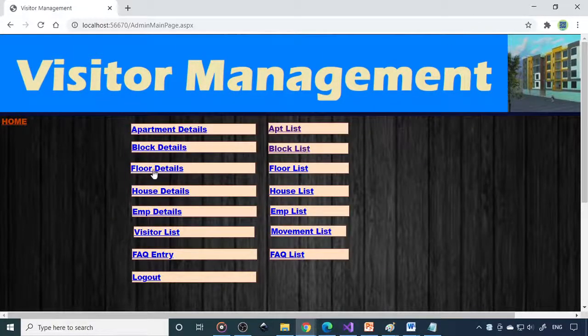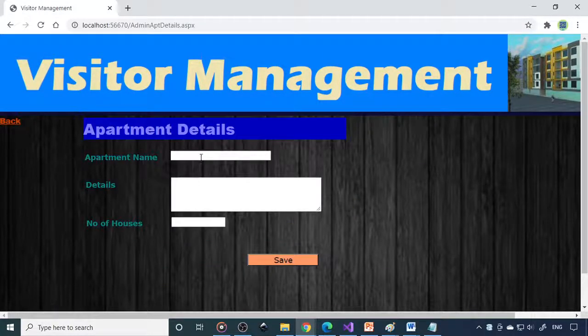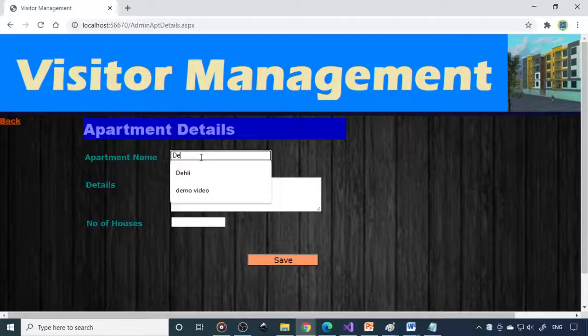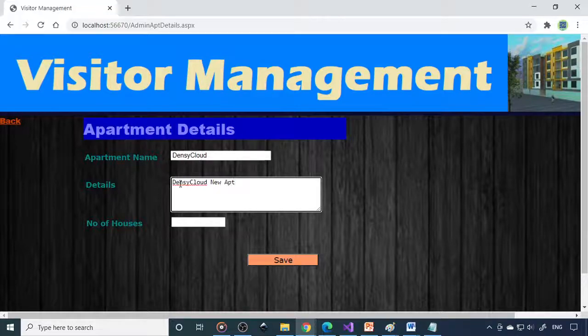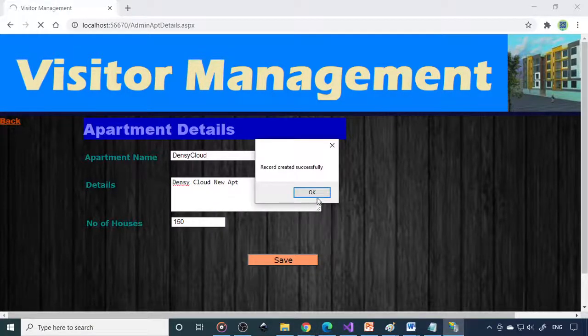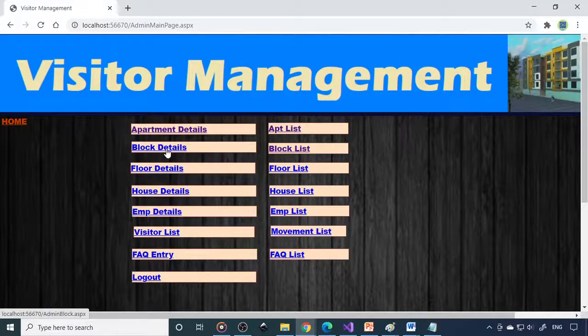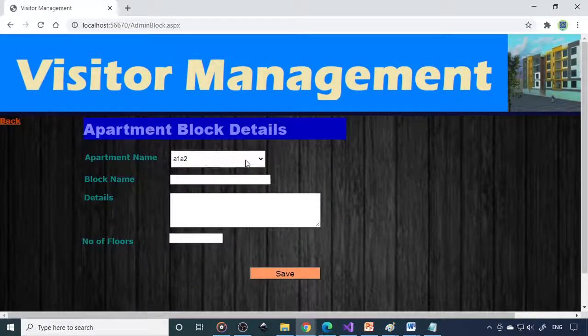Okay, let's create a new block here, our new apartment. Let's say Density Cloud. Let's say 150 houses. In that we can create the block Density Cloud.